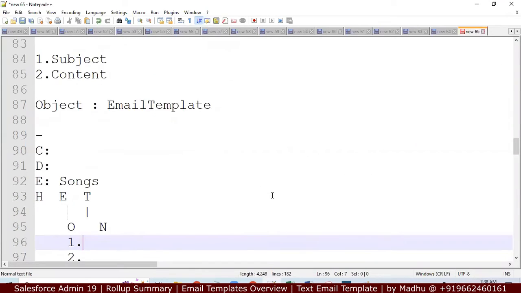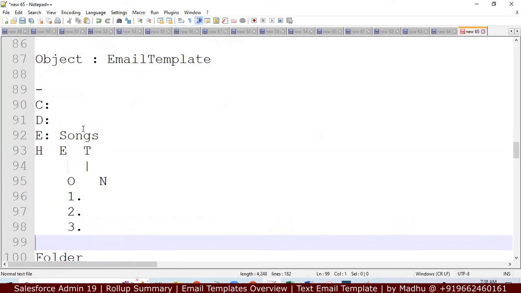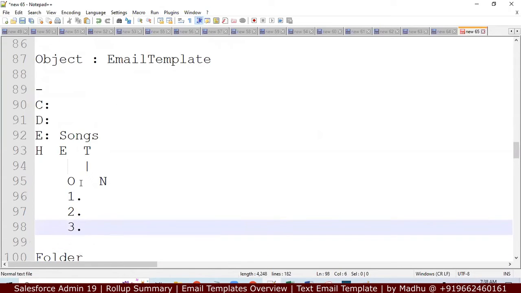Now we divide our drives into C, D, E. We divide like this. Then in the E drive, we keep songs. We divide Hindi, English, Telugu, and in Telugu, old, new. Like this, we divide our drives. In the same way,